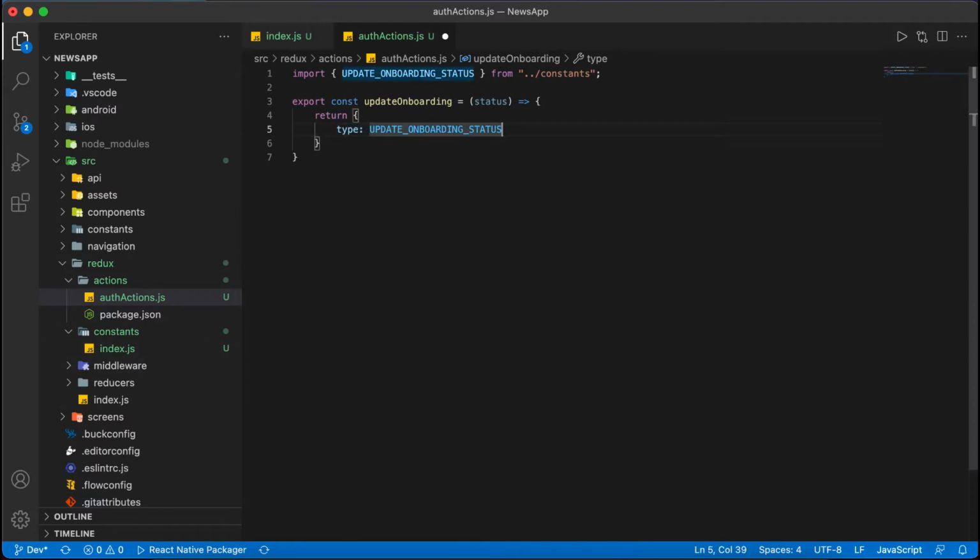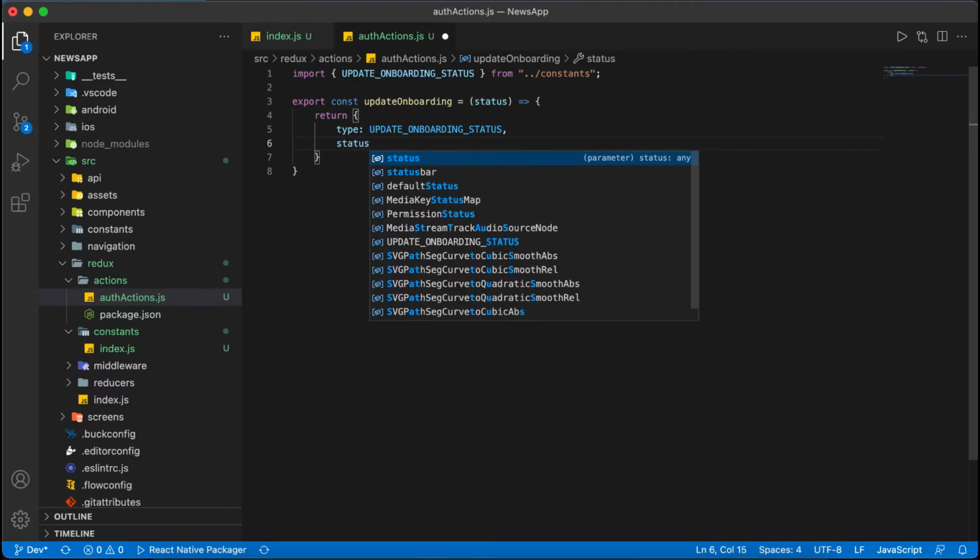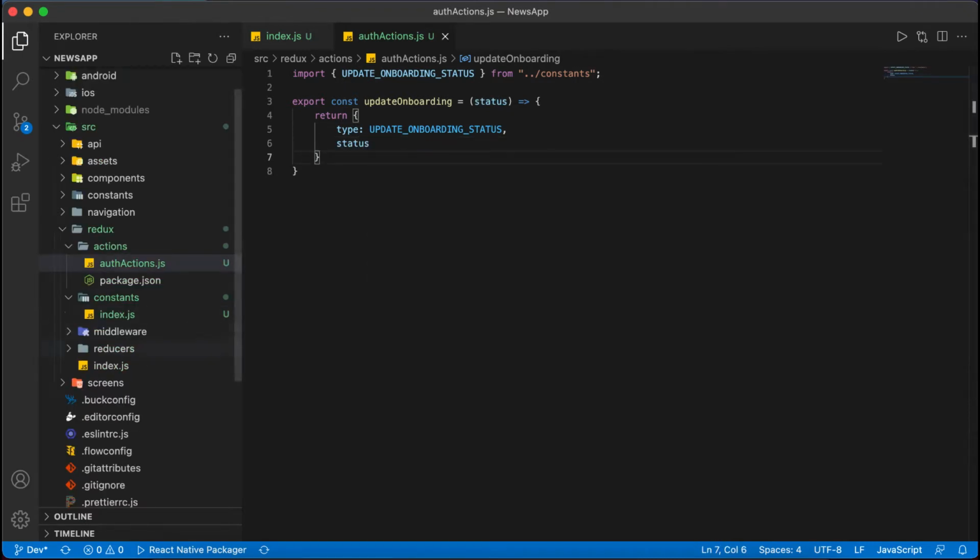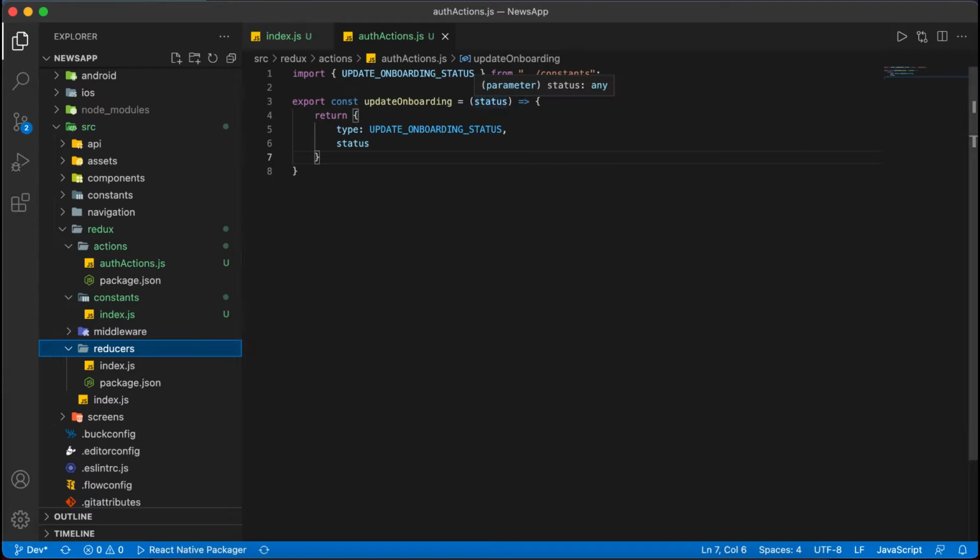And here we will also send the status. Inside the reducer, the auth reducer, we will update the status that is sent from the action in the state by using the reducer. The onboarding status will be updated to true or false according to the status value.